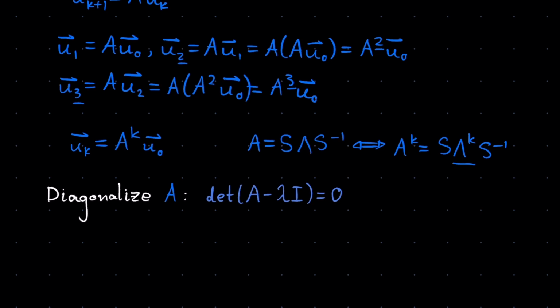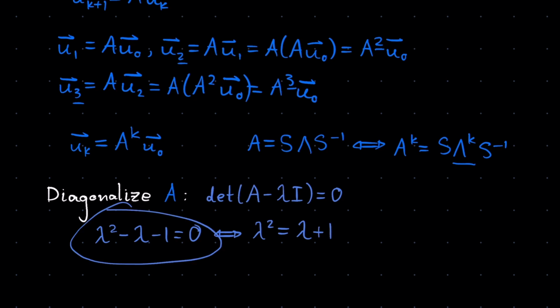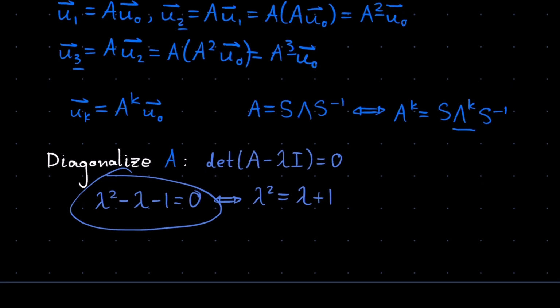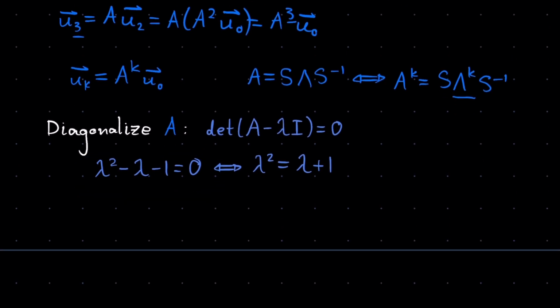Okay, so I'm not going to get into the details over here, but this directly yields us lambda squared minus lambda minus 1 equals 0, equivalent to stating that lambda squared is equal to lambda plus 1. The greater solution to this quadratic is the golden ratio. Solving this quadratic using the quadratic formula, or completing the square, gives us lambda, our eigenvalue, is equal to 1 plus or minus the square root of 5 all over 2.